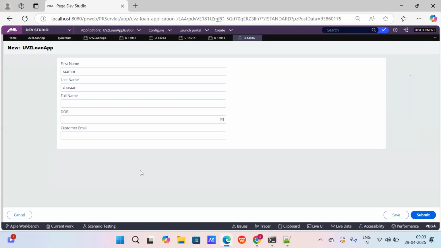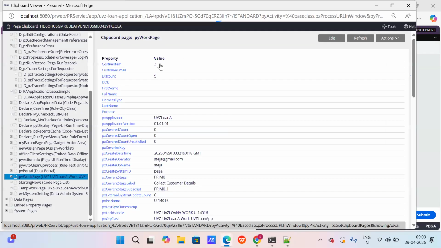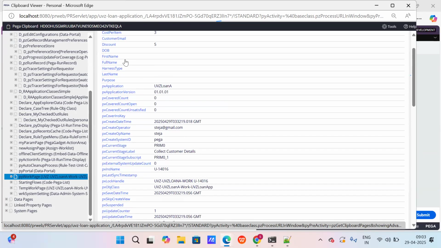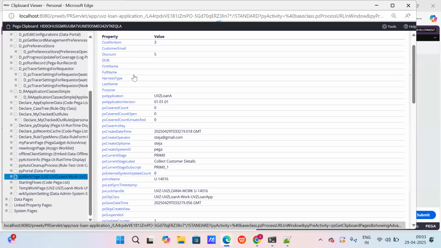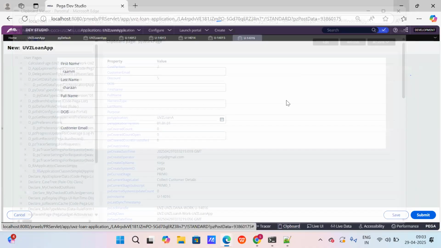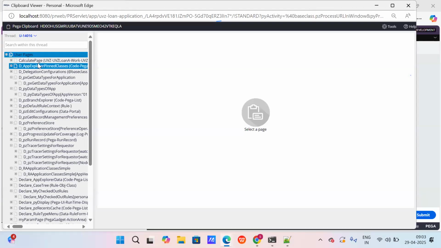Now tell me, in the clipboard, I have this calculate page and PY work page, right? But if you see in the PY work page, first name, last name, we don't have values because we have updated only in the update page. Now, if I try to submit this one, if we go to the clipboard,